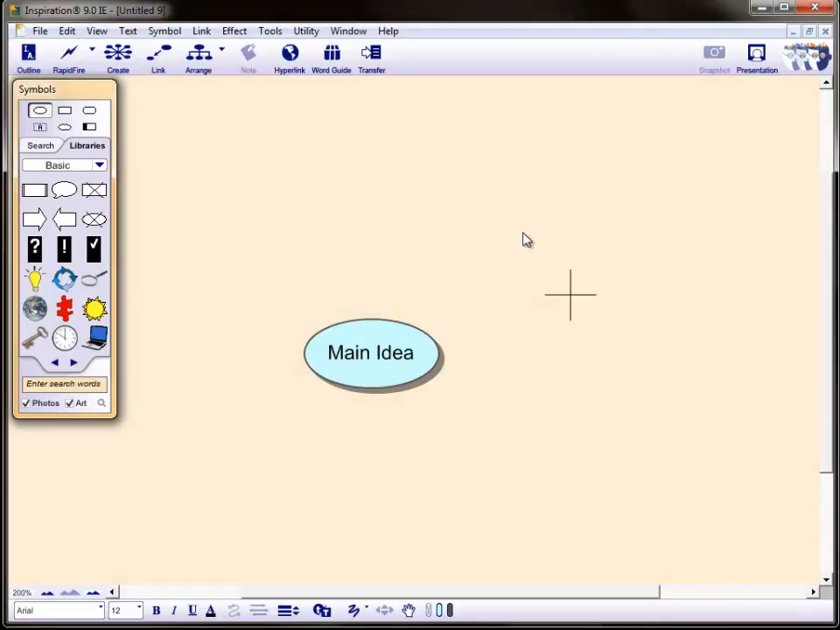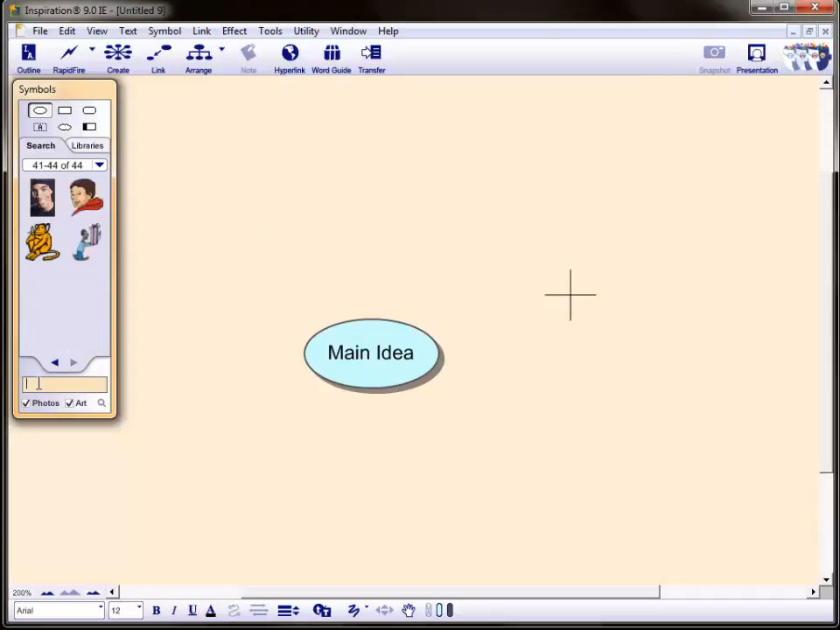The use of pictures within a diagram can be very powerful, and Inspiration has a good selection of clip art which you can access through the symbol library and also the search feature. Symbol library is over here, and the search facility you can just click in here. So anything I type in here, if I was looking for a smile, press enter and I'll get a range